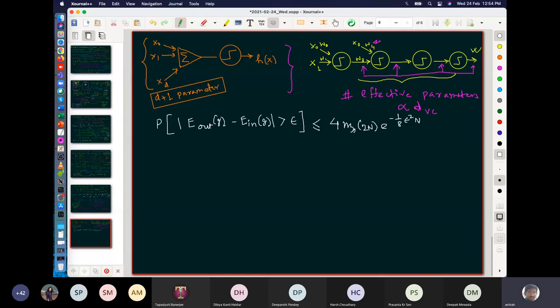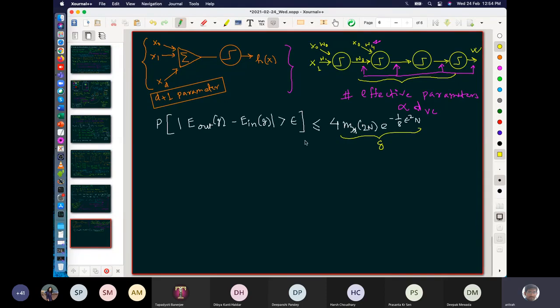Somebody has asked me maybe in the chat of MS Teams why this term is not 2 in some books. This is the reason. I hope you got the reason now, because that Hoeffding inequality was not the actual bound. Okay, so now look at the fact that sometimes we call this delta, or the confidence,